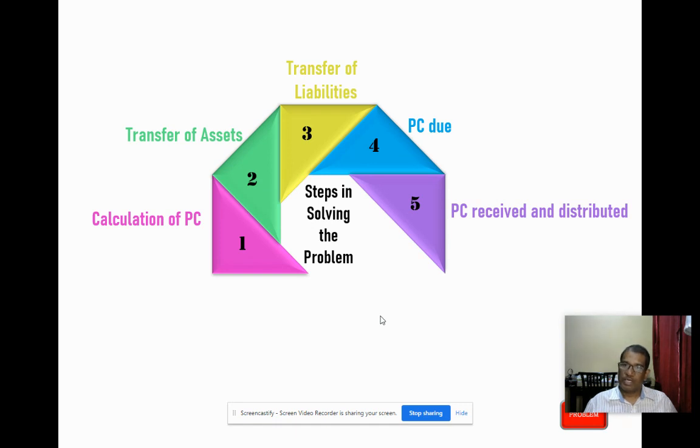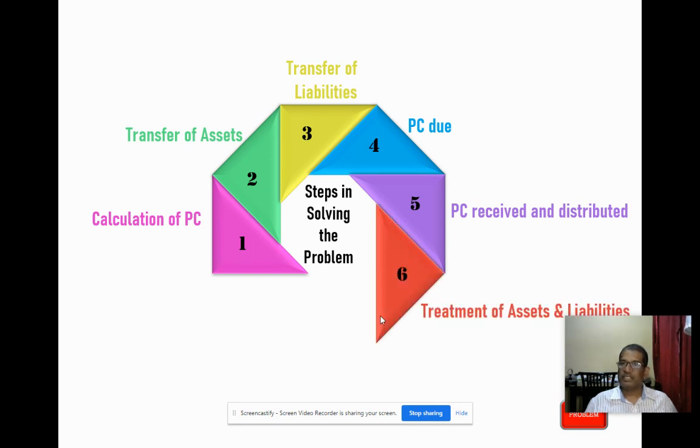So we have to transfer equity shares to the equity shareholders. Entry: equity shareholders account debit to equity shares in purchasing company account. Equity shareholders are debited because they are the receiver, and equity shares in purchasing company are credited because the shares go out.